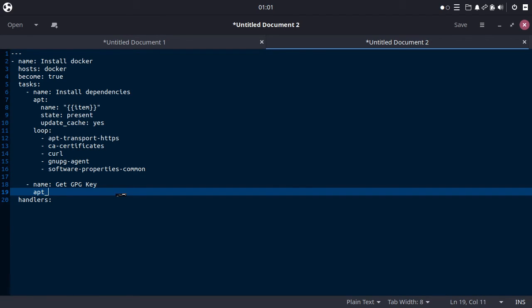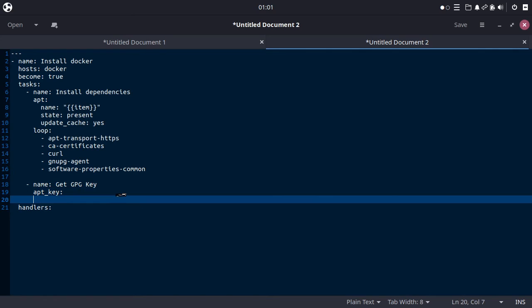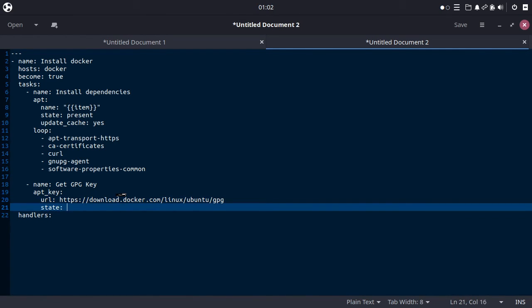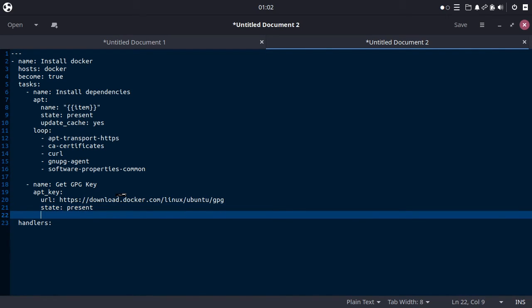It's apt key. We need to specify the URL. And state present. Done.